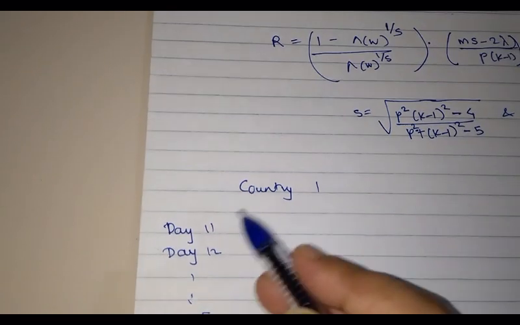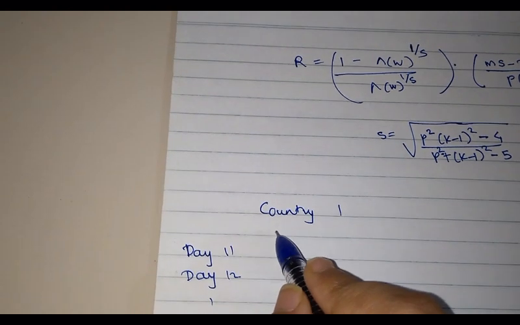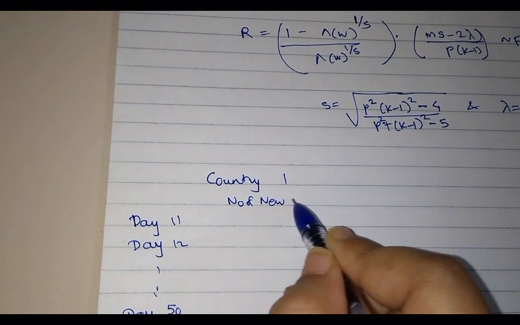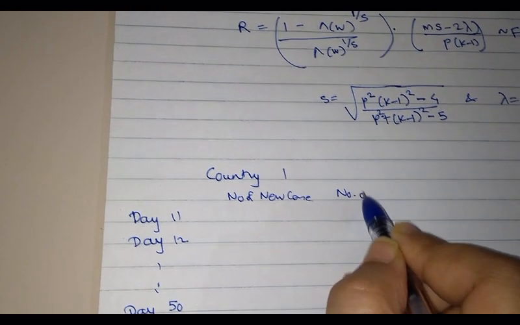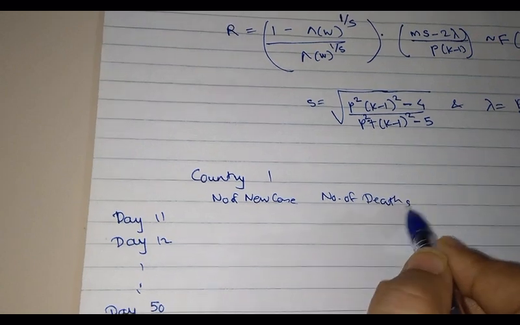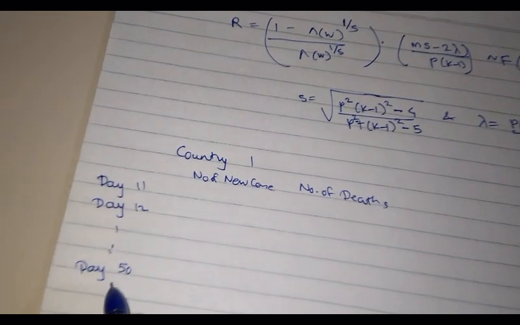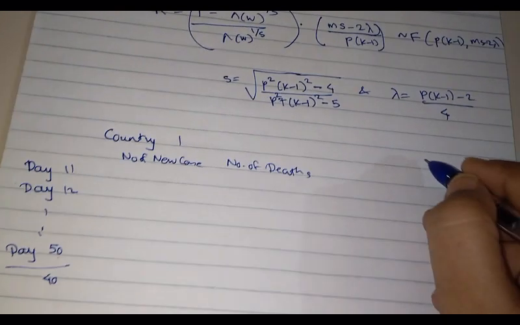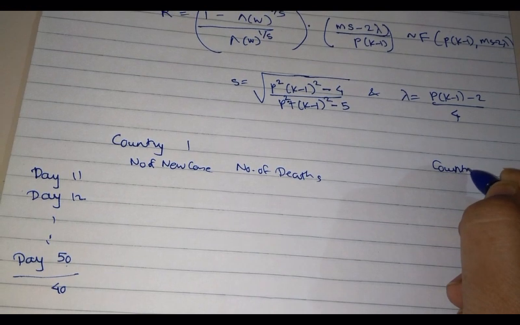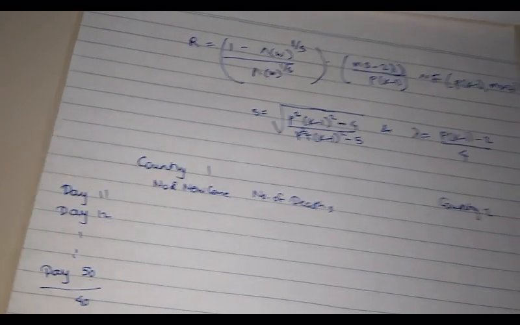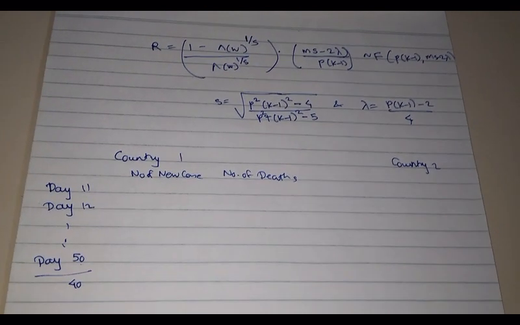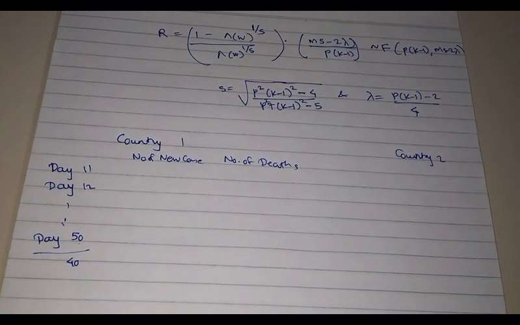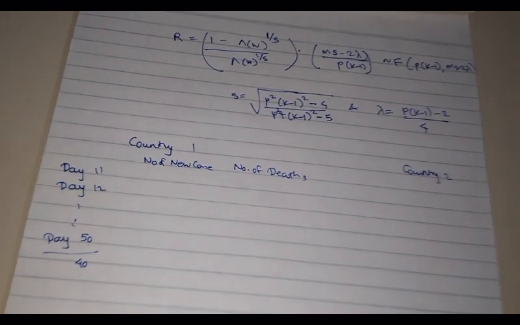Okay, first 10 days we leave because generally they have different distribution. And suppose I have here number of new cases and number of deaths. So I have a bivariate data. Okay, I have how many observations? Day 11 to day 50 means I have 40 observations from country 1. Suppose similarly I have 40 observations from country 2, and so on. I have, say, 5 such countries, and I want to compare whether average number of deaths and average number of new cases is same or not across these countries. Then you can use MANOVA.